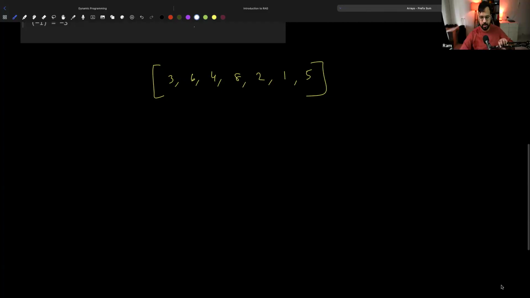Okay, guys, let's continue. So the idea is that we are going to pre-calculate a few things. I'll give you the intuition of what I'm talking about. So what we are going to do is keep a running sum. Okay, running sum. You might have heard about this term. I don't know if you have studied statistics. Cumulative sum,